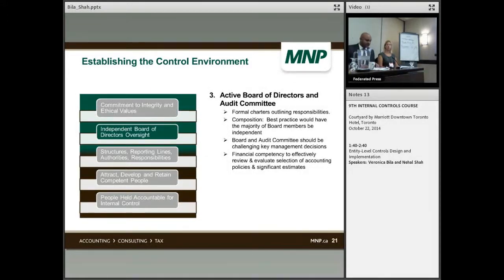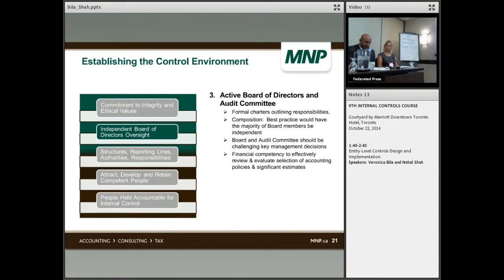Moving on to the second principle under control environment, the independent board of directors. What we would want to see is that there's an active board of directors and audit committee. We would expect to see a charter in place for each, comprising a purpose and objective. Its membership would be outlined, and it would state that members are to be independent. It would state the frequency of the meetings, generally quarterly, which we tend to find is appropriate. Also the authority level, particularly for the audit committee, where their authority lies, and how they report to the board of directors.